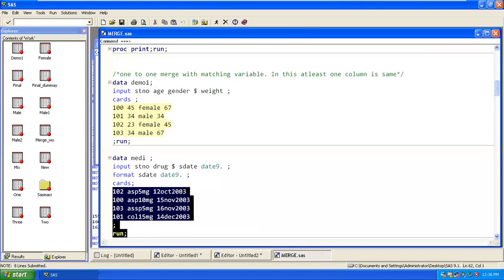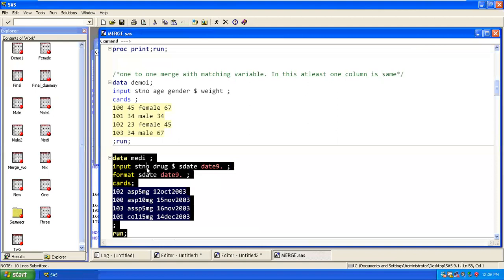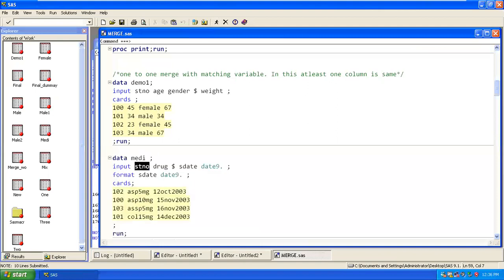In the other table, we have the same thing. So we have a common variable called SC number in both tables. So now based on the SC number, we want to look up the values available in both those tables. Getting it?